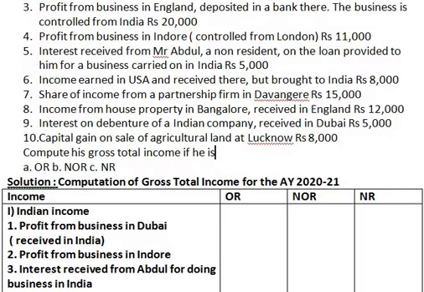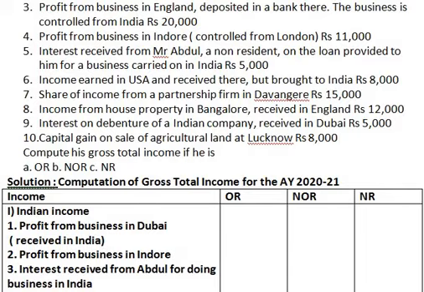First we are taking Indian income. Before that, you all know the format of computation of gross total income if the assessee is ordinarily resident, not ordinarily resident and non-resident. So we have prepared 4 different columns. First column is income and the last 3 columns are for ordinarily resident, not ordinarily resident and non-resident, wherein in those columns we are going to write the respective incomes or the amounts. First income that comes is Indian income.